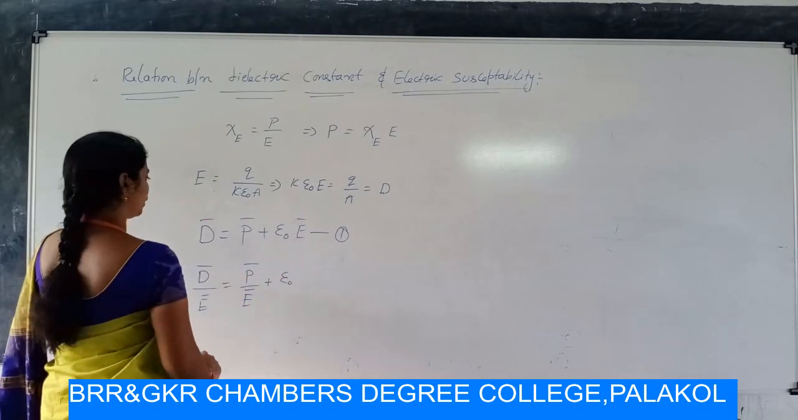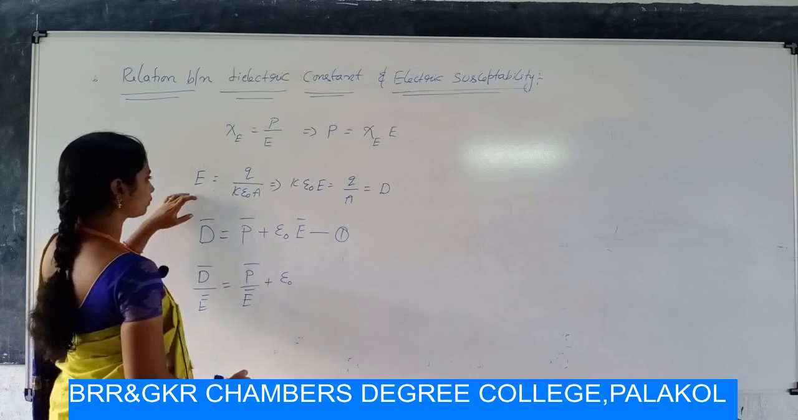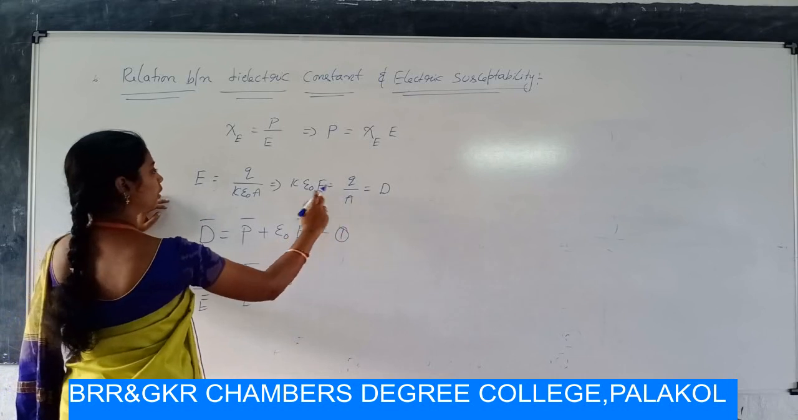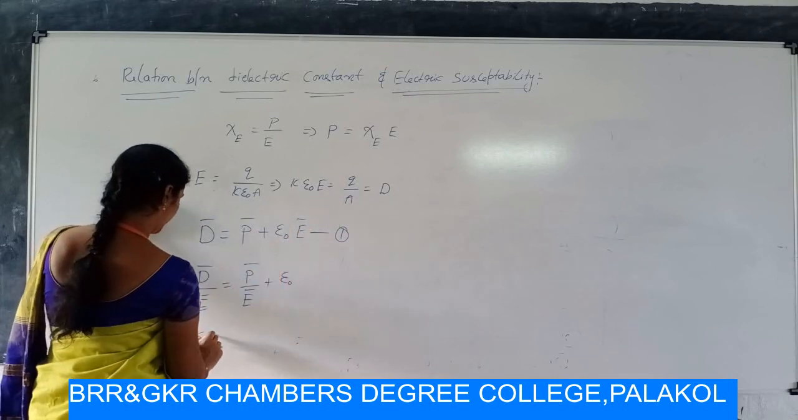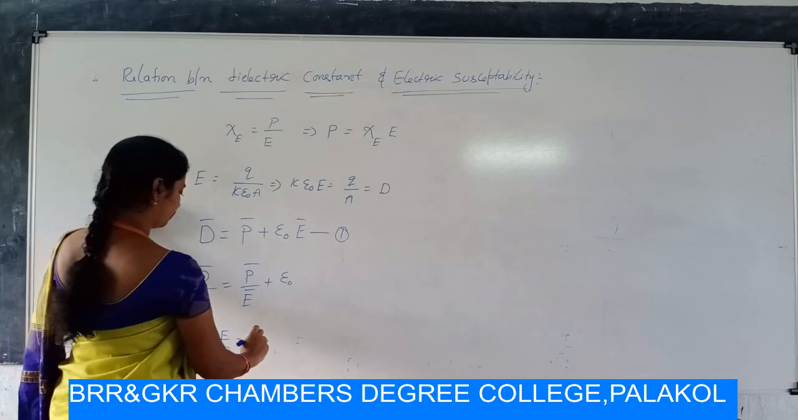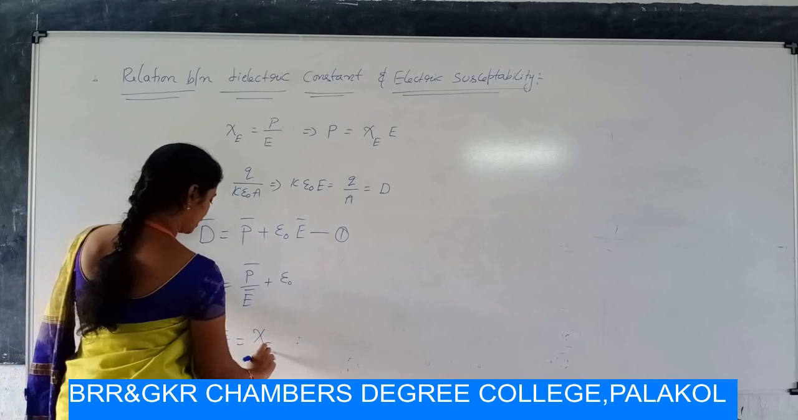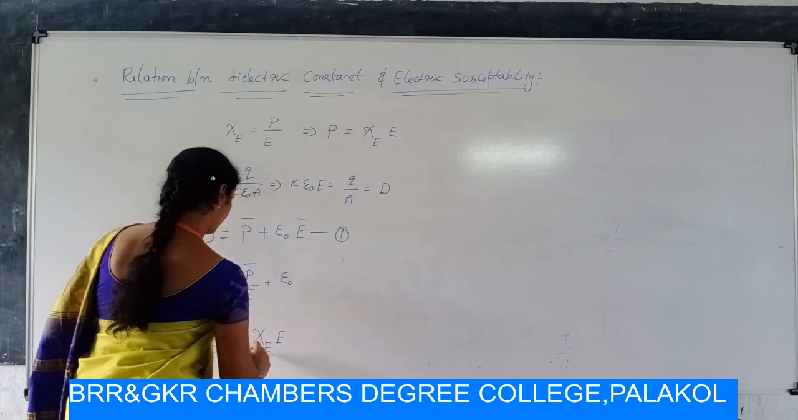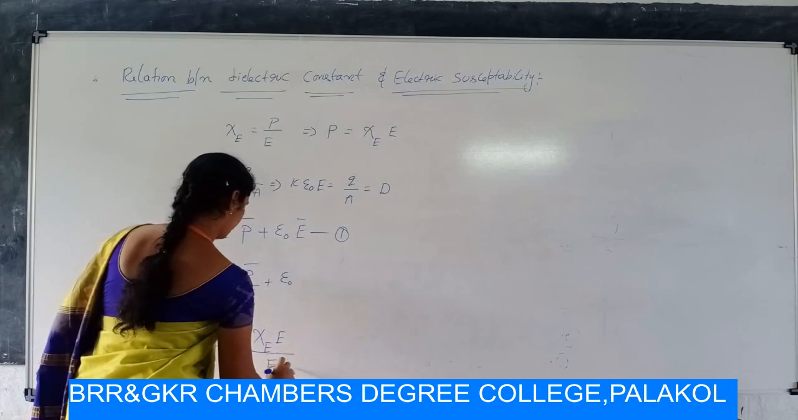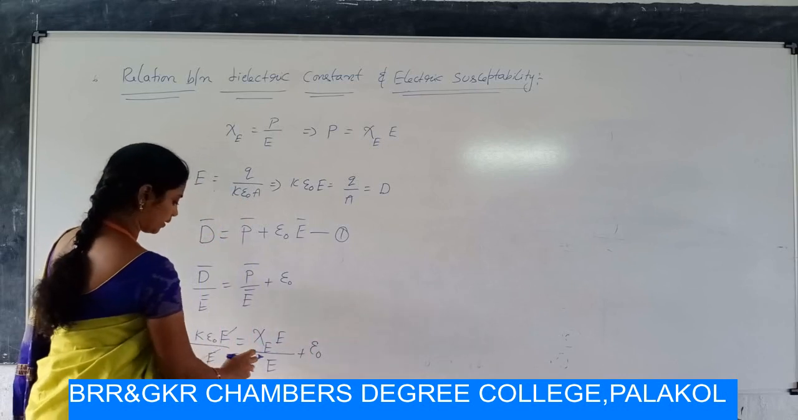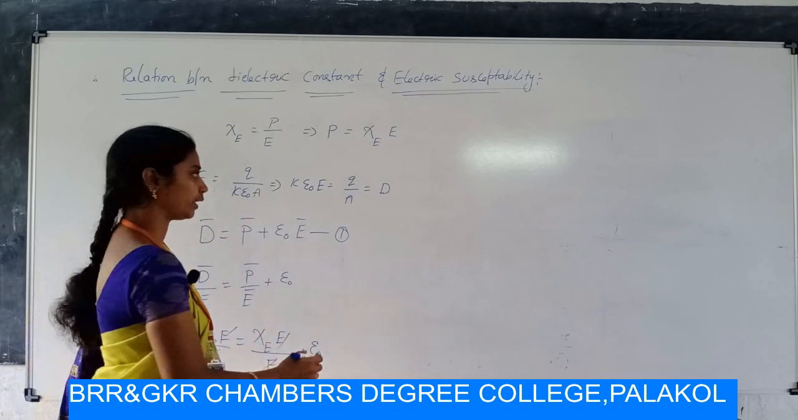Therefore, we substitute these values: D bar is nothing but k epsilon naught E, and P as psi e E, by E plus epsilon naught. Here this E term is cancelled. Then we write the equation as